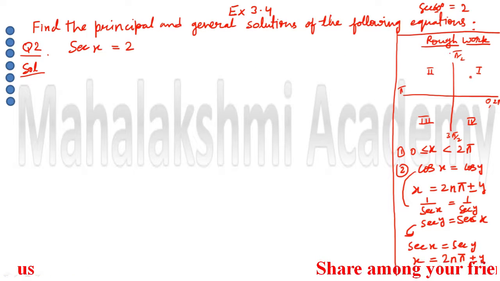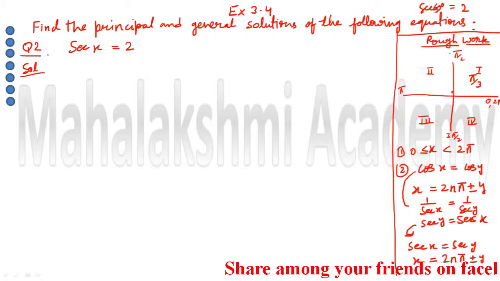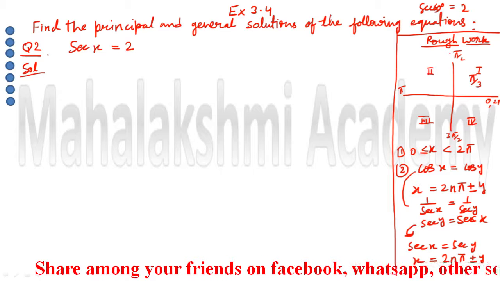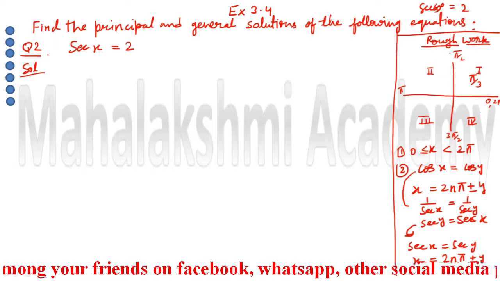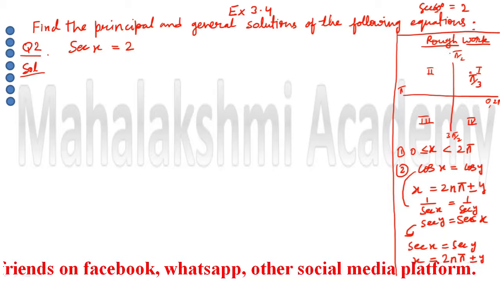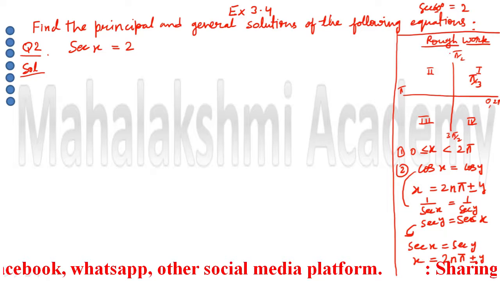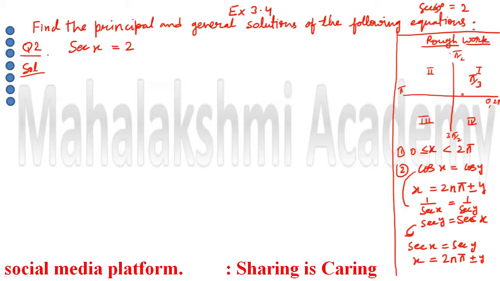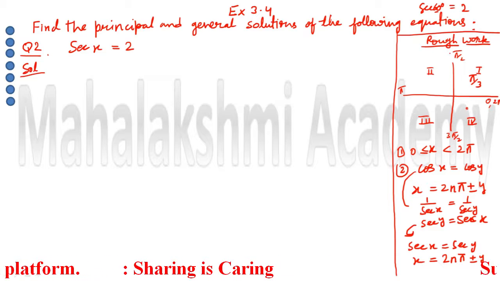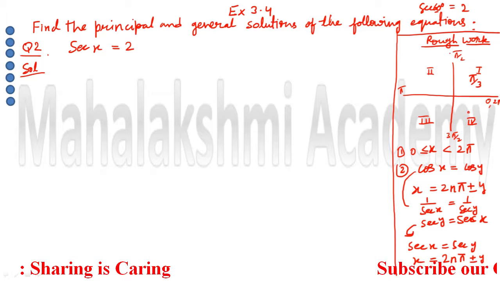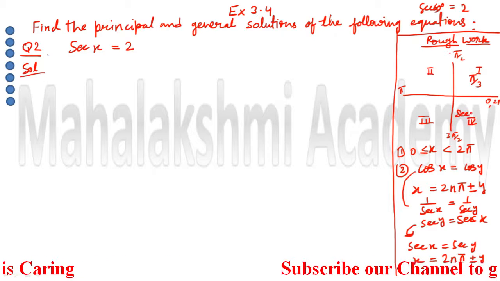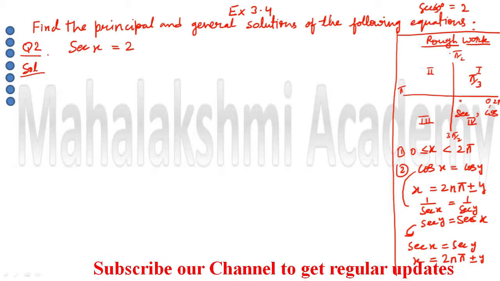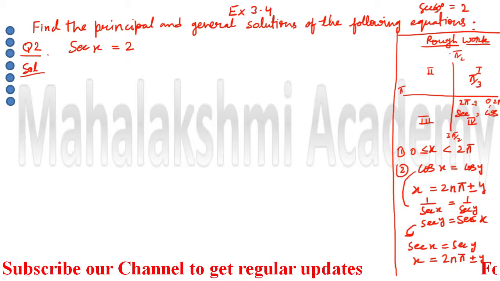Now pi upon 3 belongs in the first quadrant. And now students, the quadrants. There are 4 quadrants: first quadrant, second quadrant, third quadrant and fourth quadrant. In the first quadrant, you know all the trigonometric ratios are positive. Now we have to search for one more quadrant where sec is positive. So sec is positive in which quadrants? I hope you know that, in the first quadrant and in the fourth quadrant. So in the fourth quadrant, 2 ratios are positive, that is sec and cos. So to come to the fourth quadrant, we are going to use the formula 2 pi minus pi upon 3.